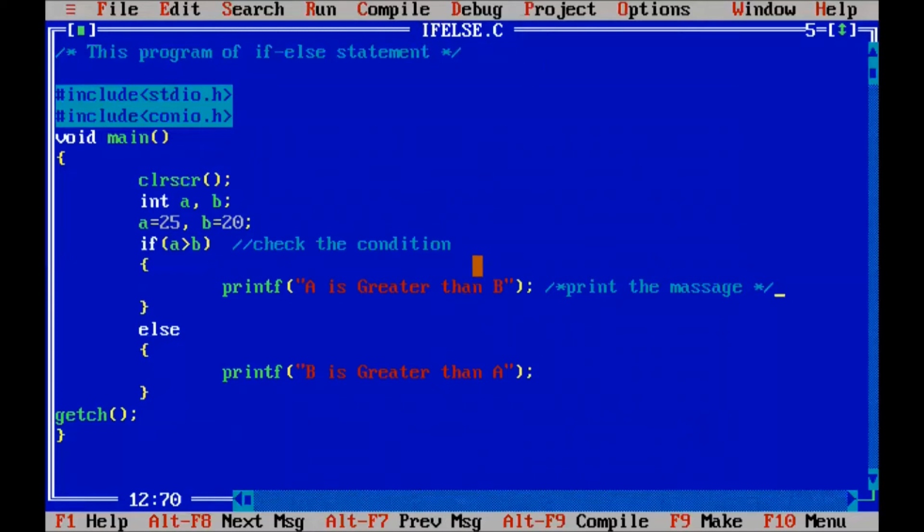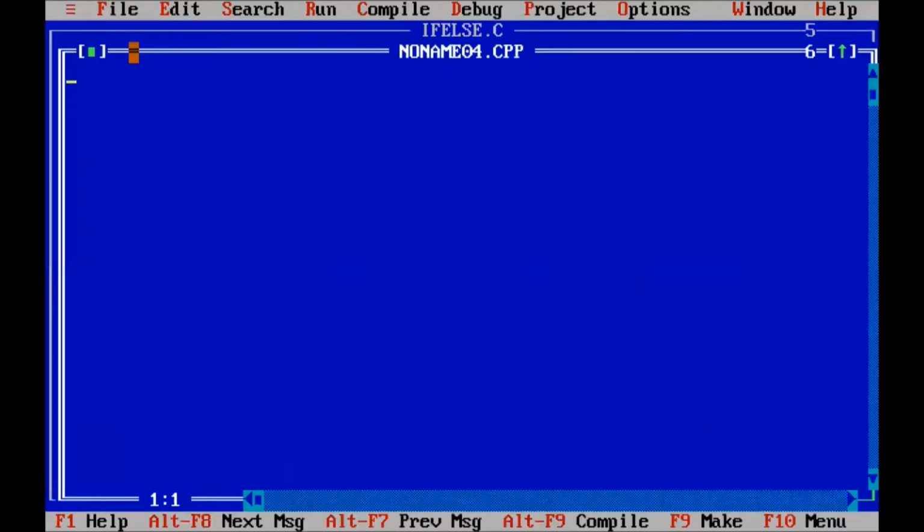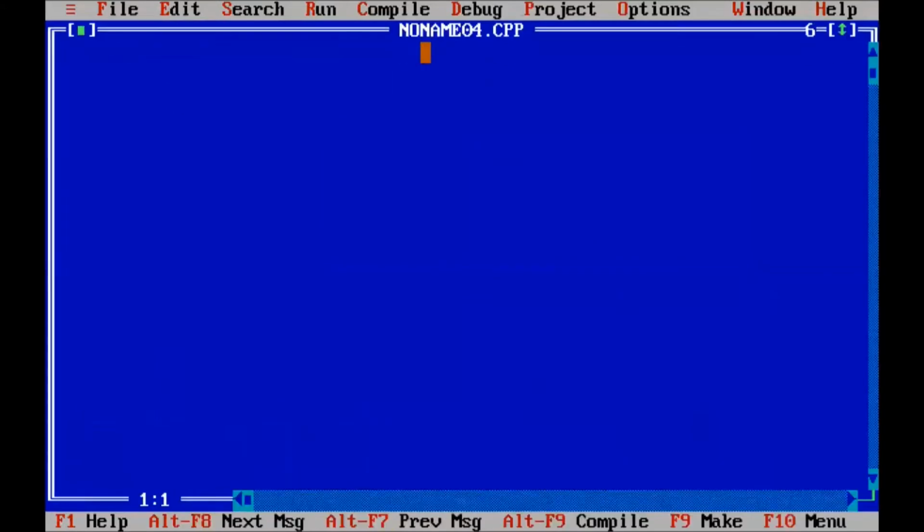So we move to the next program, nested if else. We open a new file. We write the header file, include stdio.h. The second header file, include conio.h.